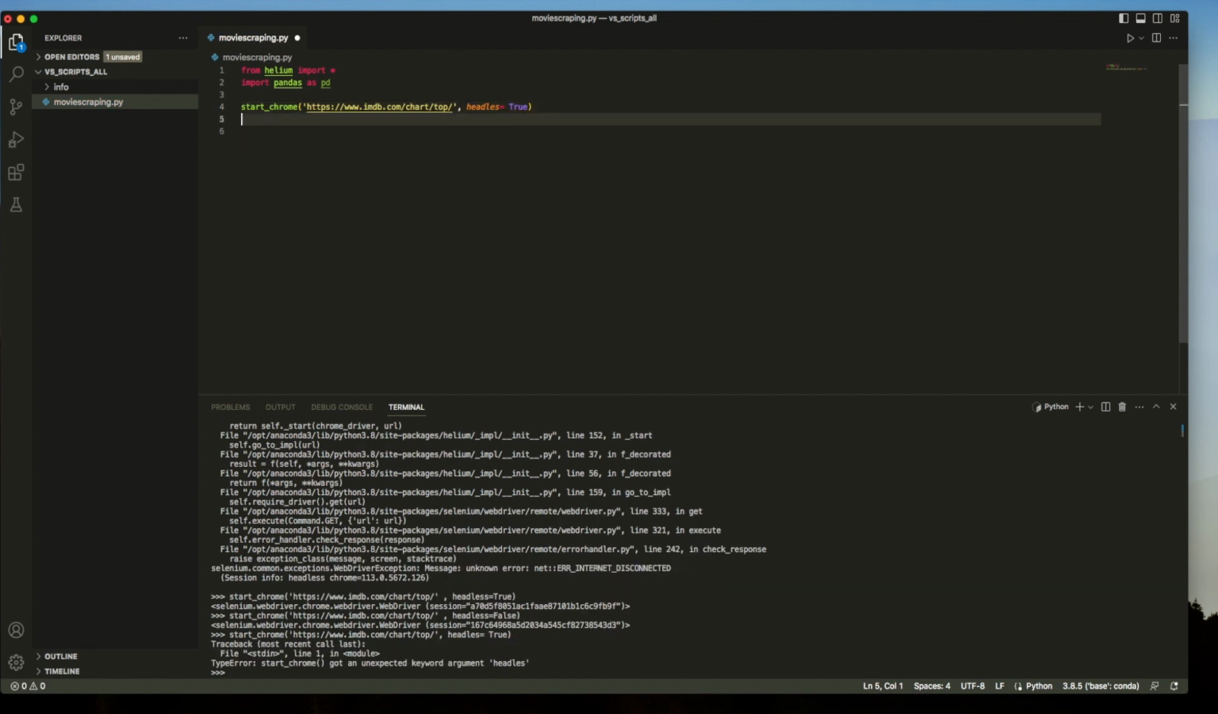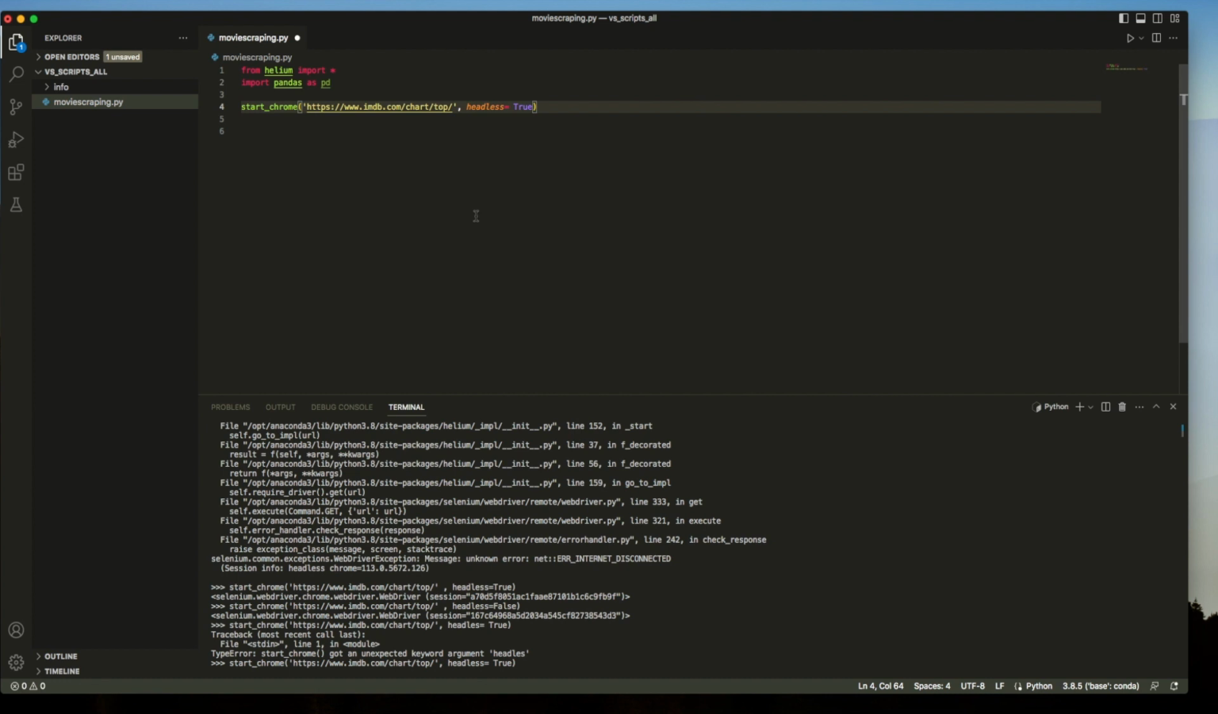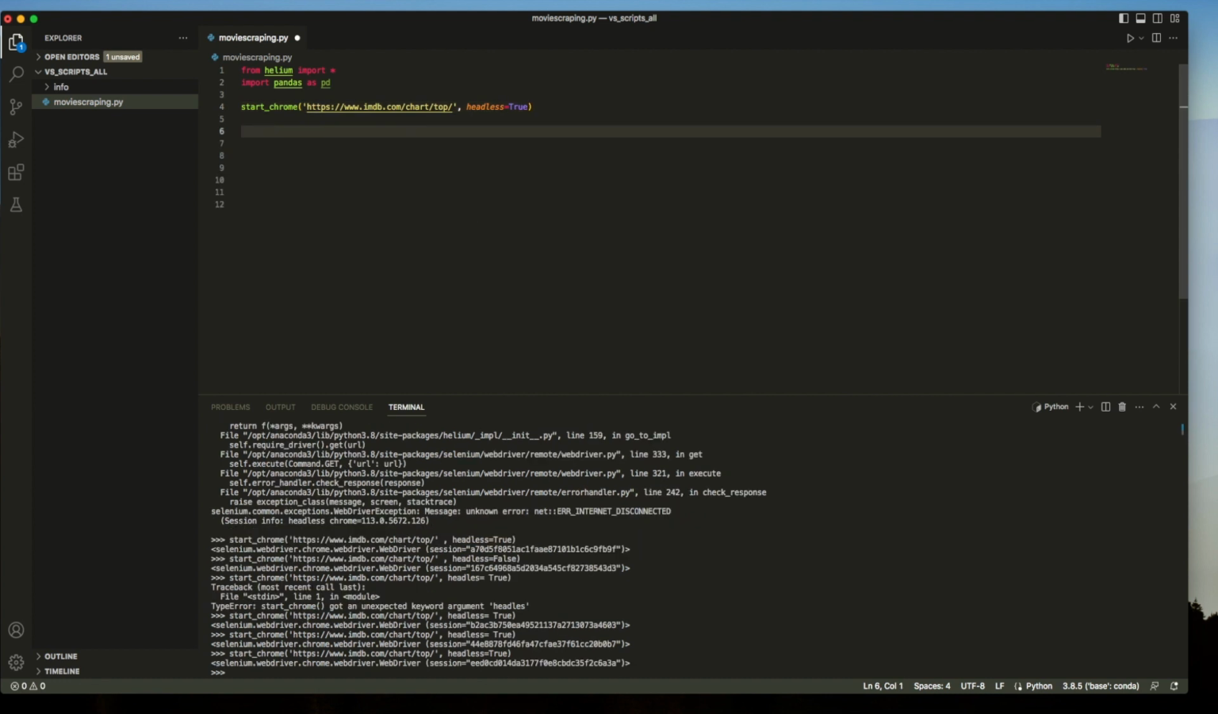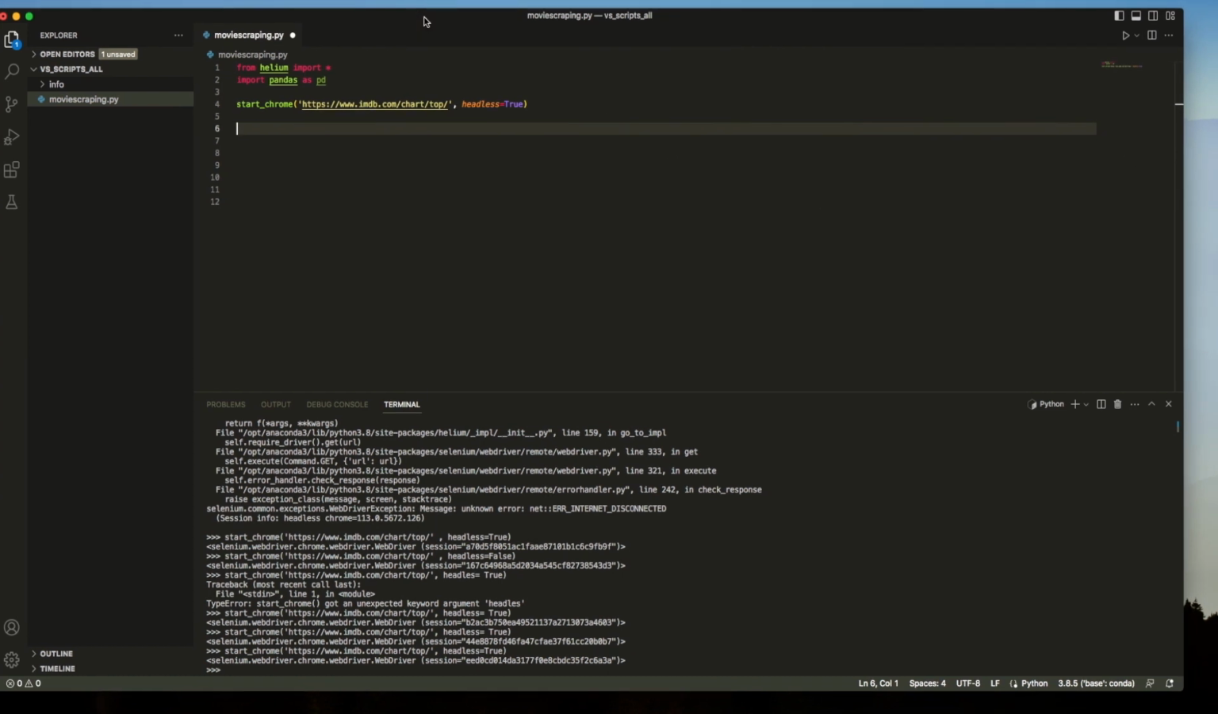I make a spelling mistake. Yeah, it works now. Now what I can do, we need the information of the title and the ratings. So I will write a variable called movie name, and I'll put